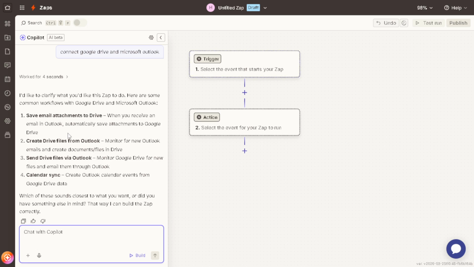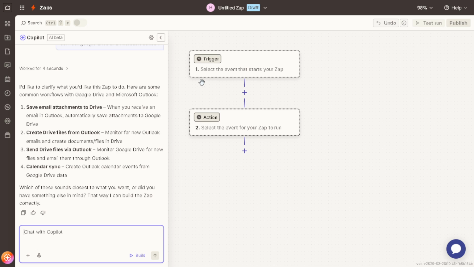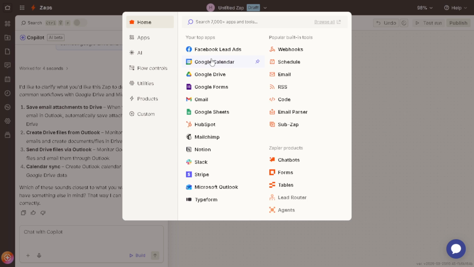Now let's configure the trigger. This is the event that will start your automation. You'll want to select a trigger event in Google Drive. For instance, you can choose New File Added. This option means that every time a new file gets added to your Google Drive, it will trigger an action